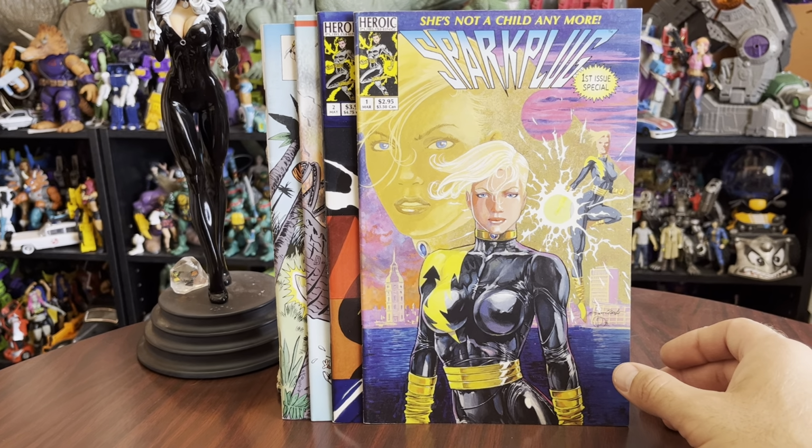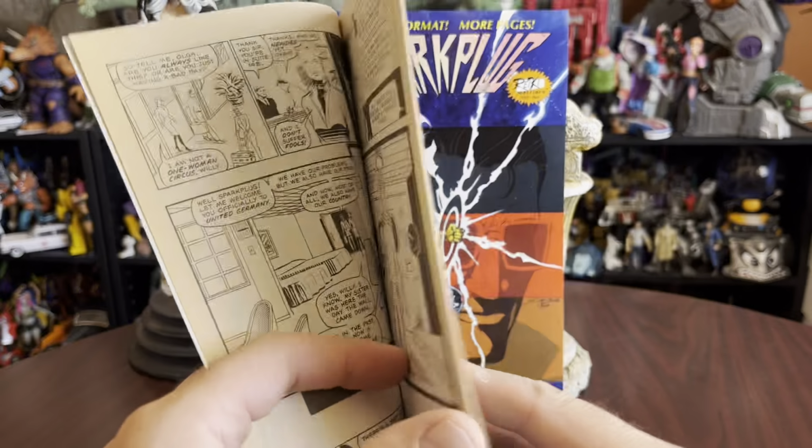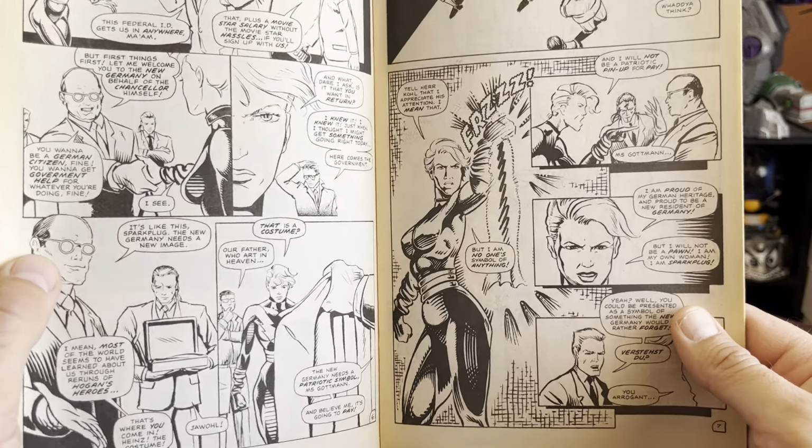Oops, dropped it. I don't know a whole lot about the character, just came across her, learned her name, and was like, this is Flair's sister. I totally want to pick this book up and figure out more about this character. These are black and whites, which I'm fine with. A lot of Flair books were. A lot of them turned color later, but...